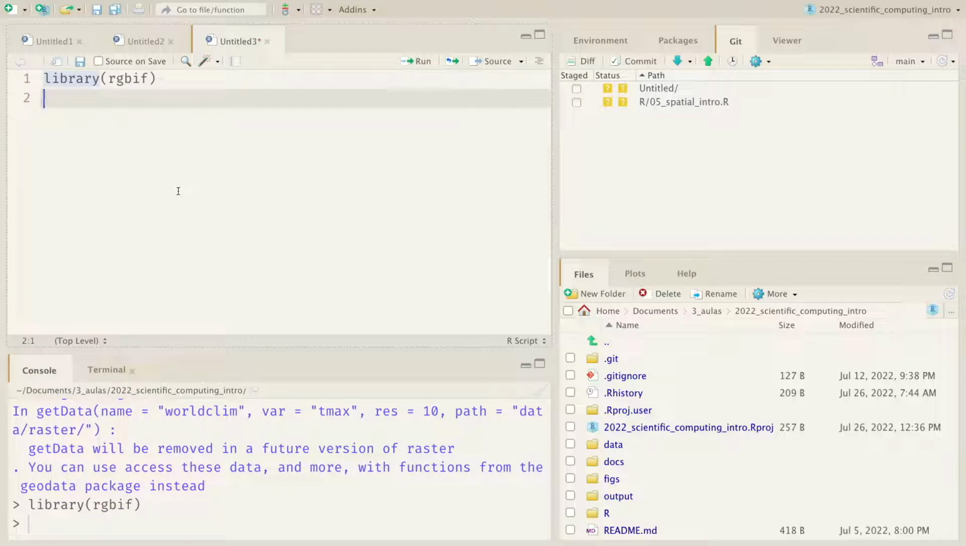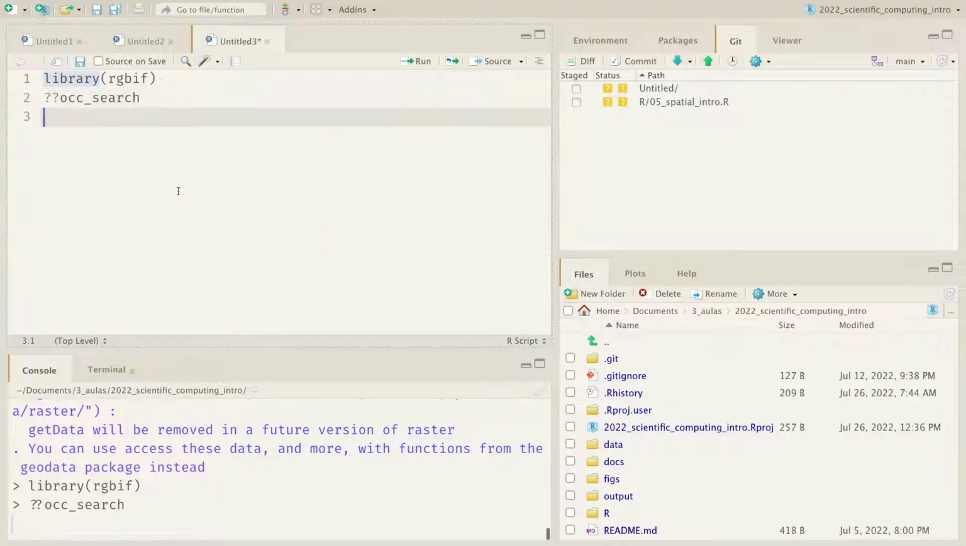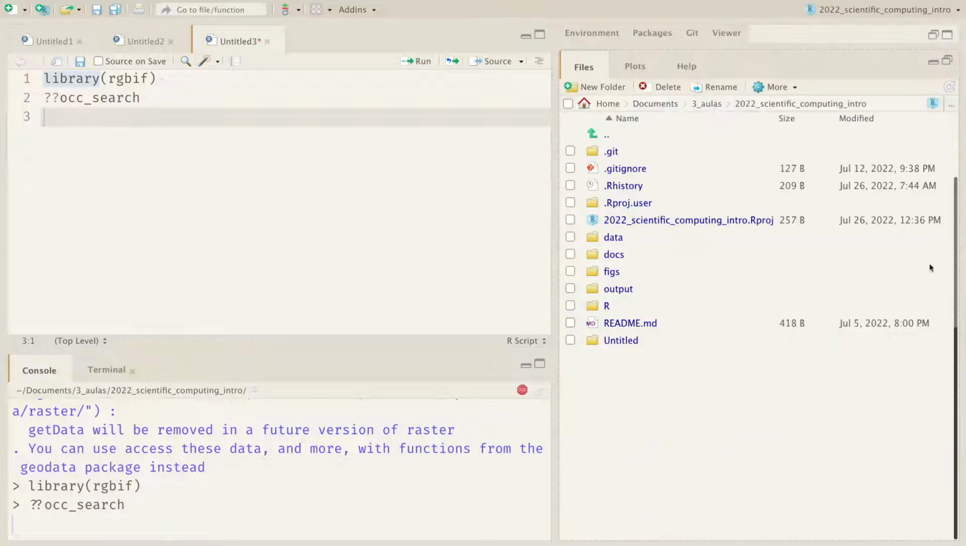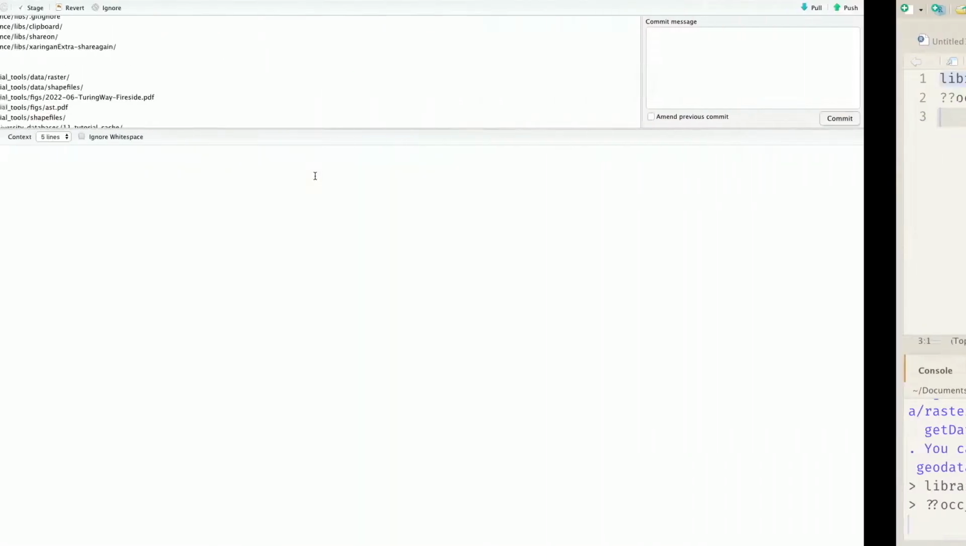rOpenSci has other packages that have access to other sources of occurrence data. So for example, the package spocc looks for other sources of data, including citizen data repositories. Today we're using rgbif. And I would like you to check the help, because